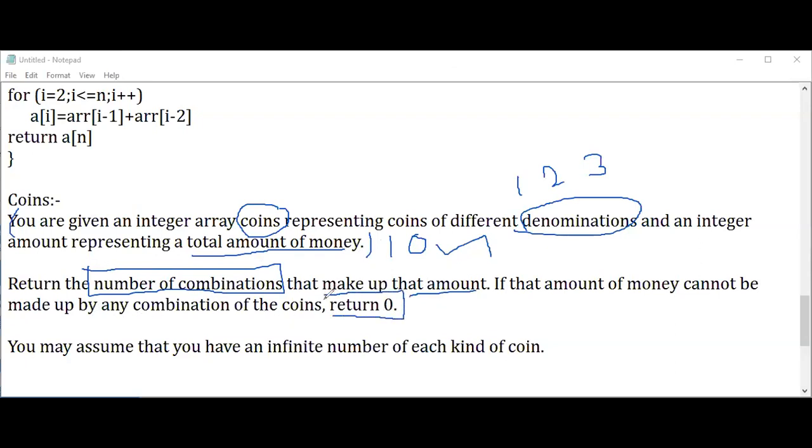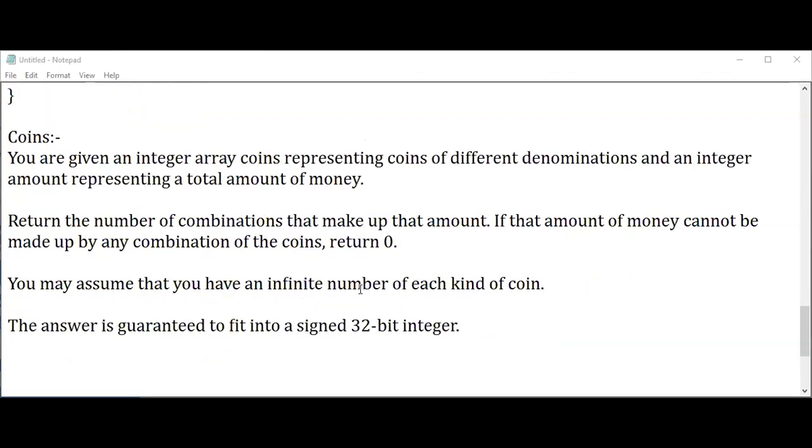Okay, it is literally like if you're going to a shop and buying some product, if they want to give you some change like 10 rupees, they may give it in different combinations, right? So this is literally the real world scenario. If some amount has to be formed, what are the different denominations they can give you? This is what is given here. So let us proceed further.